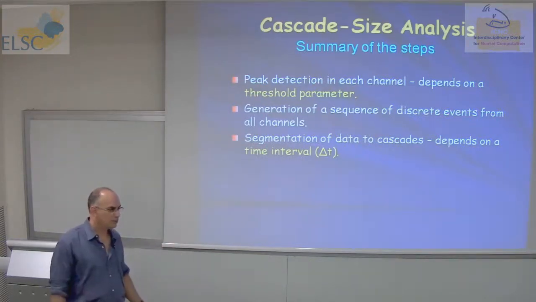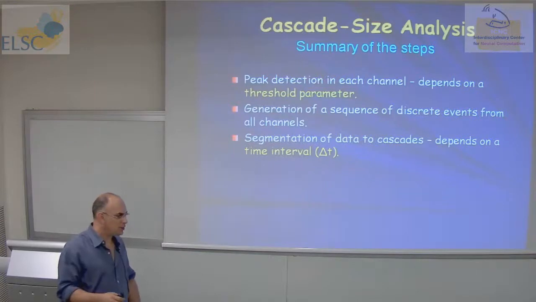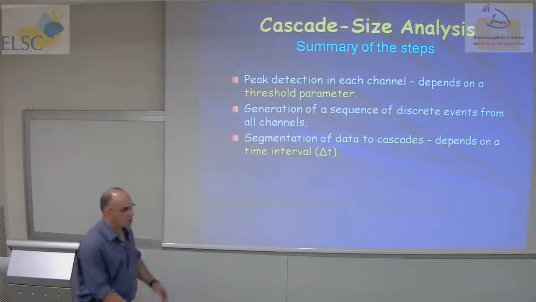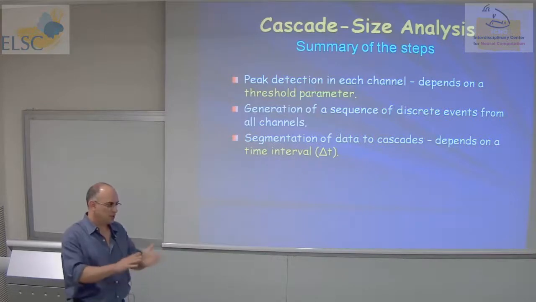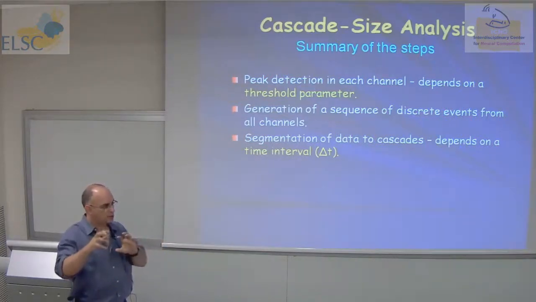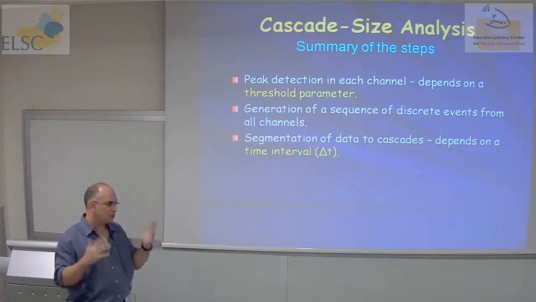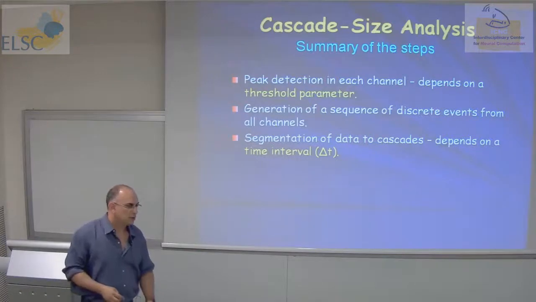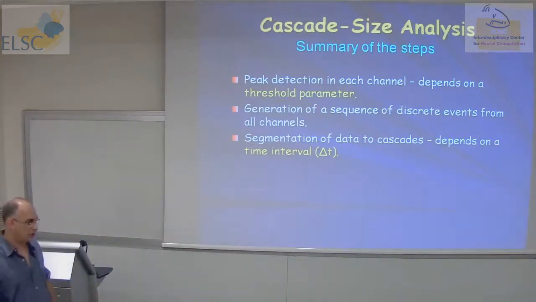But if this is the logic, how can you combine positive and negative? So the sign of the magnetic field depends on many things. First, recall that the geometry is complicated. It's not a planar culture. It's the convoluted cortex. It depends whether you measure from the sulci or gyri. And it depends on the alignment of the apical dendrites and the direction of the current. So it's not that trivial to say what's the meaning of a positive or negative magnetic field.